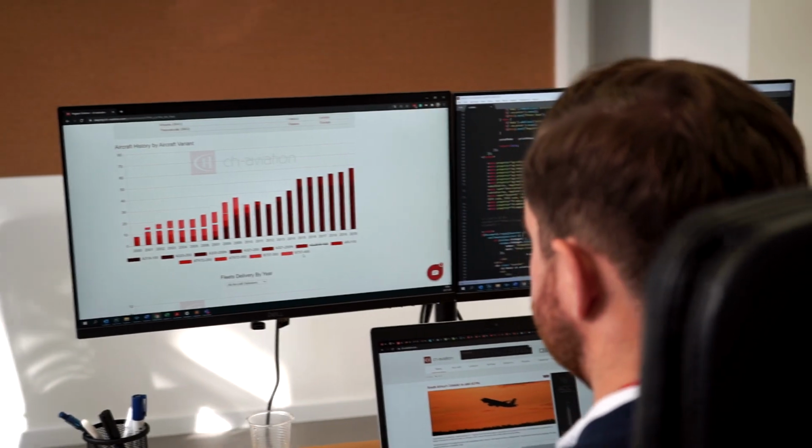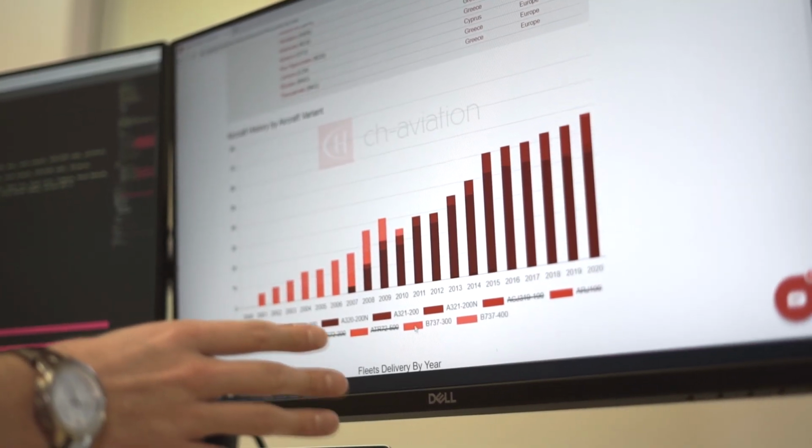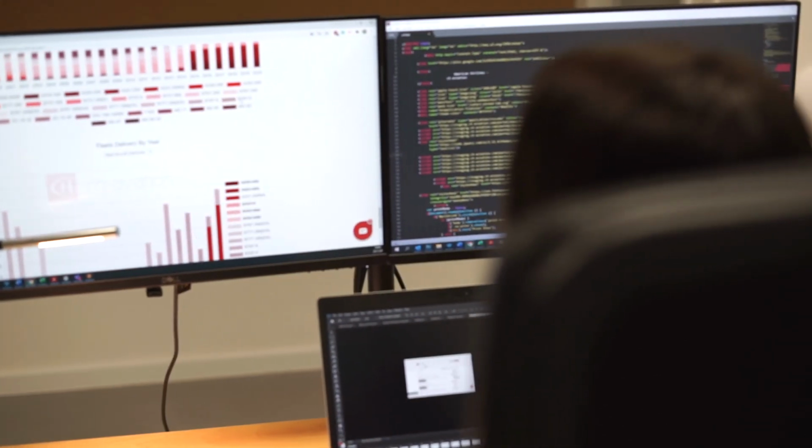So the Fleet's History project is definitely our largest data release since we started ch-aviation Pro in 2012. It's the first time we're adding a historical dimension to our aircraft data, as you can now clearly see how an airline's fleet developed over time, or how certain aircraft types became more and more popular in usage than the others. And to be honest, it's also what our users asked for the most, for a very long